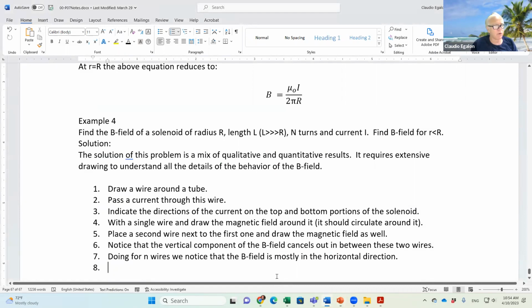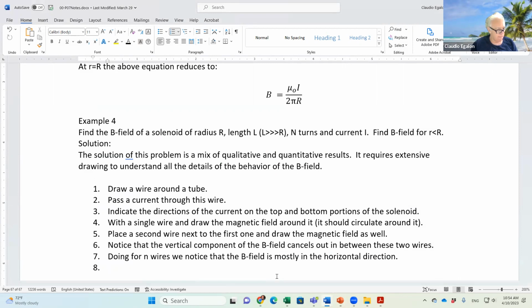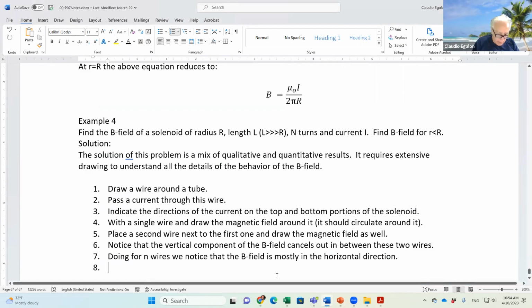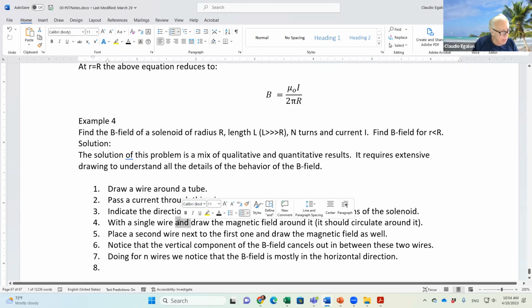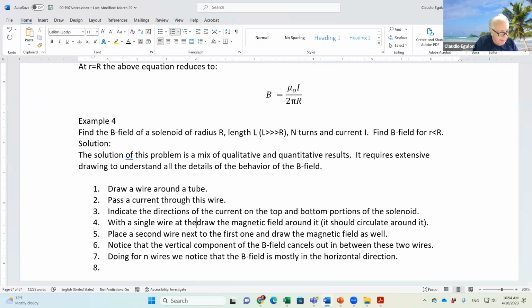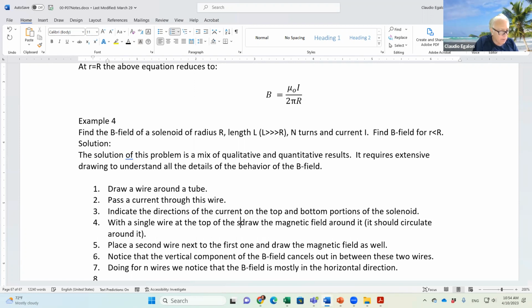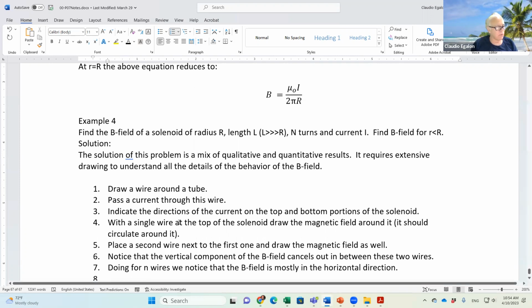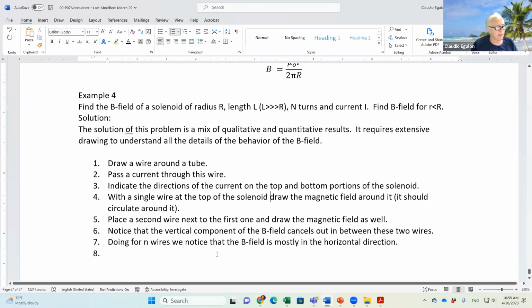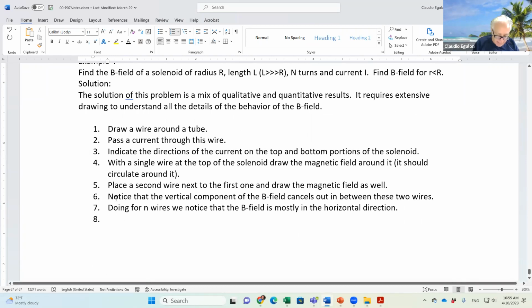Do it for any wire, and see that the B field is mostly in the horizontal direction. With a single wire at the top of the solenoid, that's what we did, right? Draw the magnetic field around it. It should circulate around it. Place a second wire next to this first one. Repeat